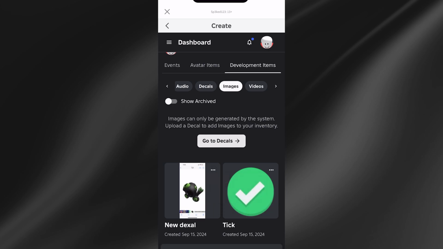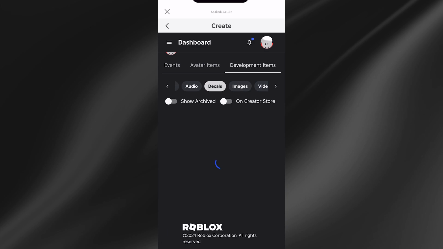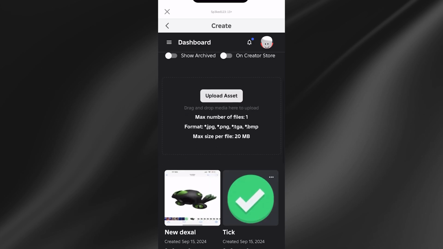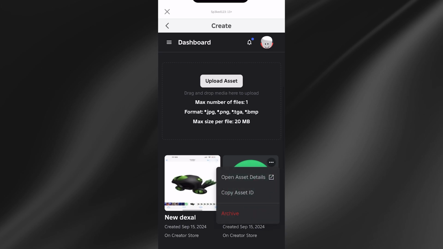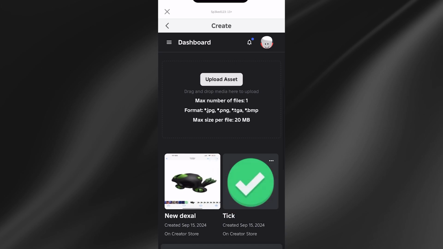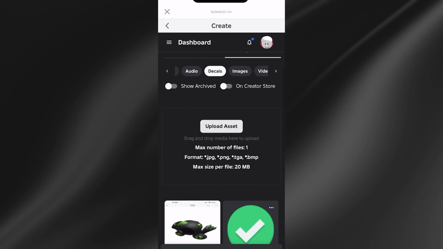You can also head up and head inside of the Decals tab, and we can do the exact same thing for all of our decals just by pressing the three horizontal dots and once again selecting Copy Asset ID. And it's as simple as that, guys. That's how you get an image ID for